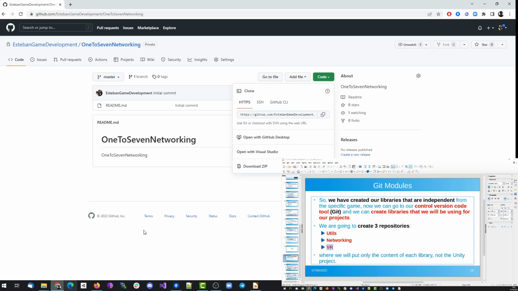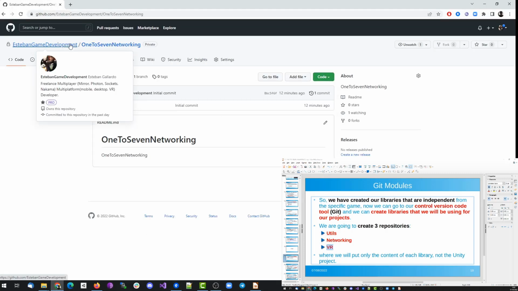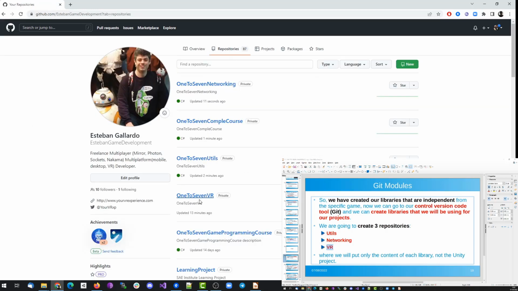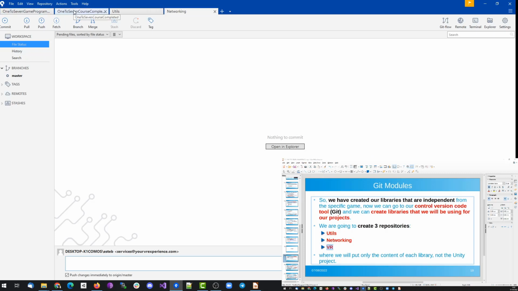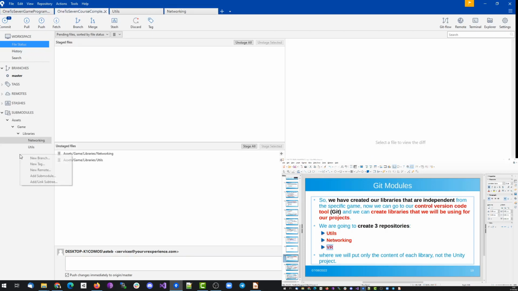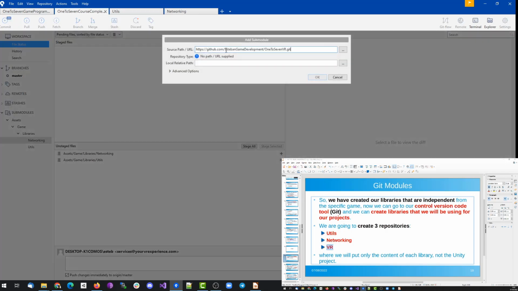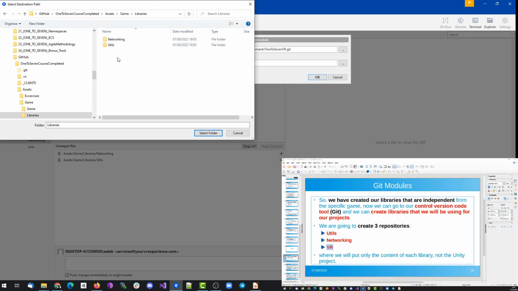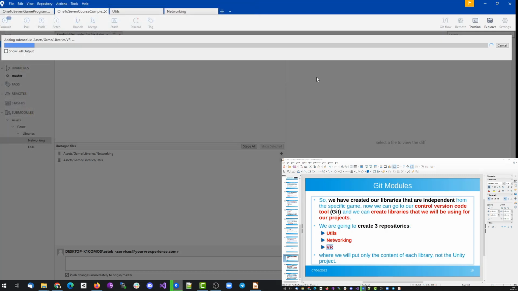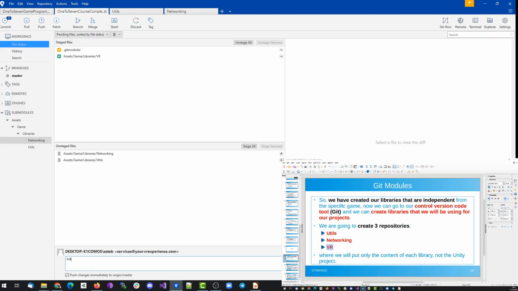And the final module that we need to do is the VR module. Copy the link, go to the source tree, in the full project, add a new module, paste the path, select in the libraries, create a new folder, VR, press OK, do the initial commit of the submodule, and go to